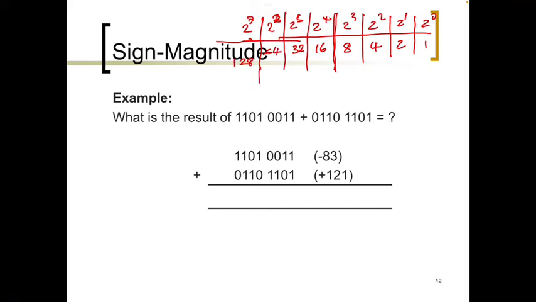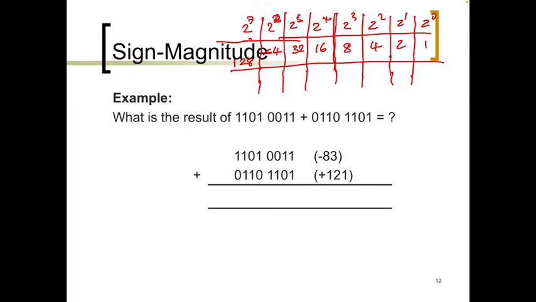Why do we need this table? This will help you to convert from binary to decimal, and decimal to binary. You also can use your own way, and the easiest way is by using your calculator. Back to our example here, what is the result of